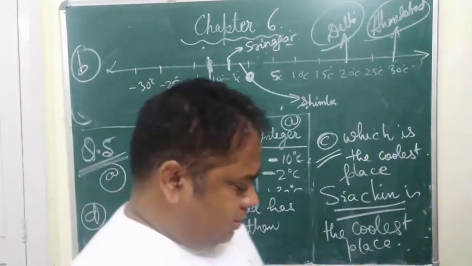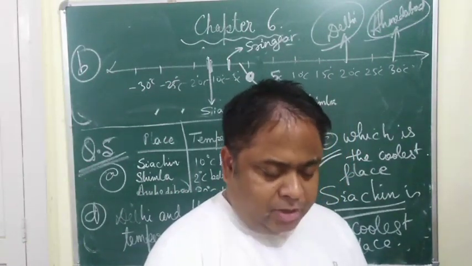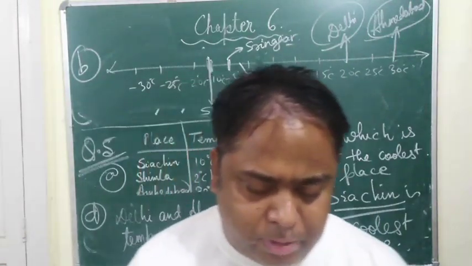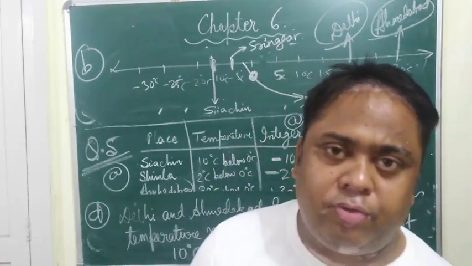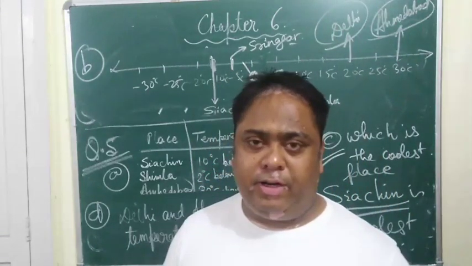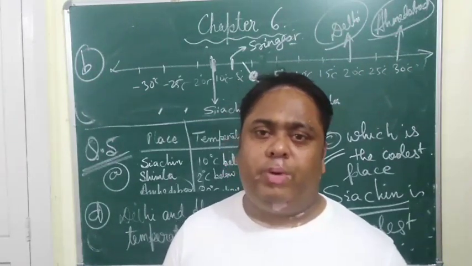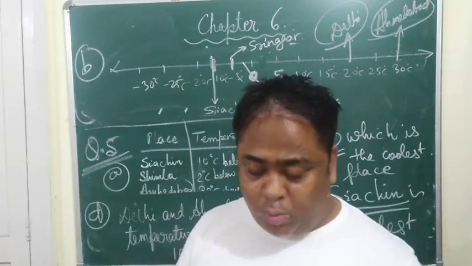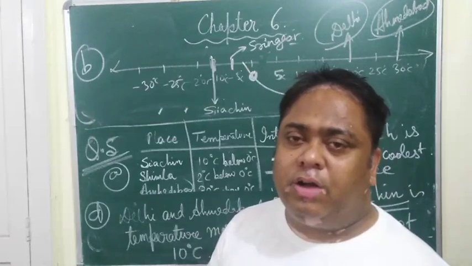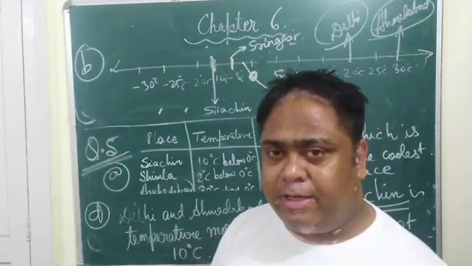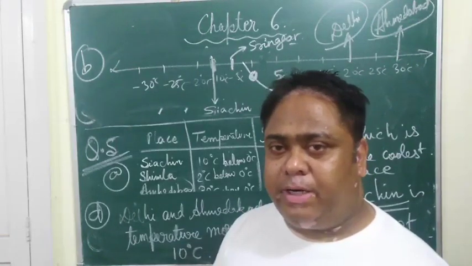Now in this exercise there are 10 problems. So I have done 5 problems today. The rest of the 5 problems I will be doing tomorrow from the same exercise, because the next class will begin and will take a little more time. So I will not linger today. I will solve the exercise in 2 parts. Let today's part be part 1 of exercise 6.1. Today we have done part 1 of exercise 6.1, in which the first 5 questions are there. Tomorrow we will be doing the questions from question number 6 to question number 10. Thank you.